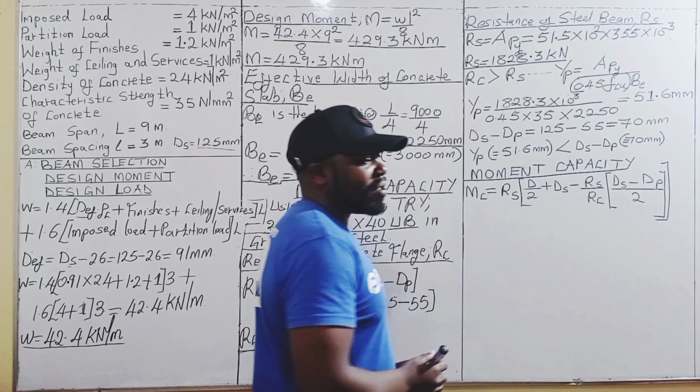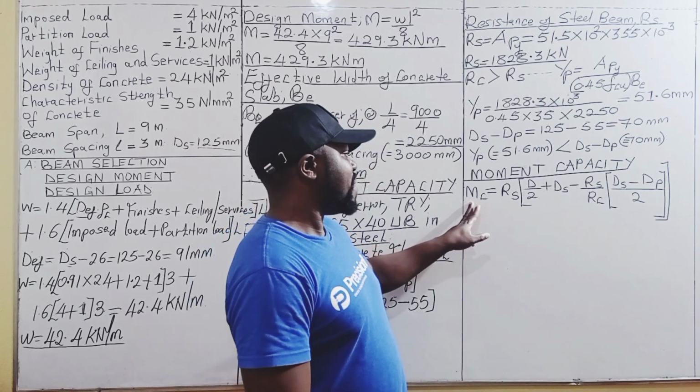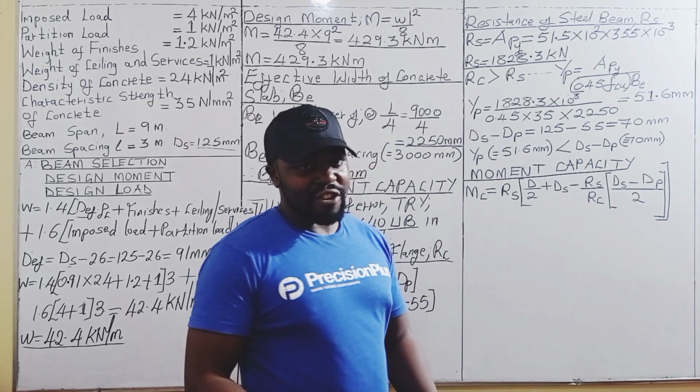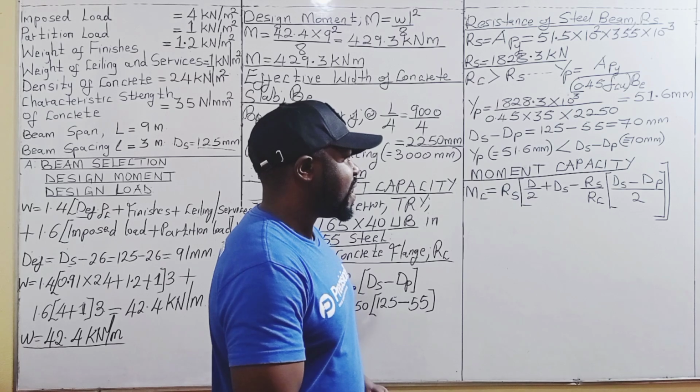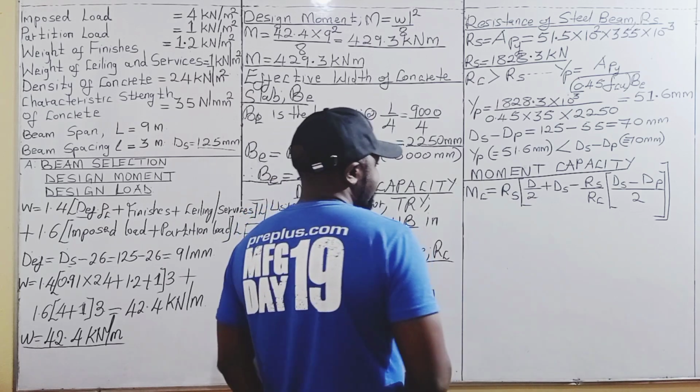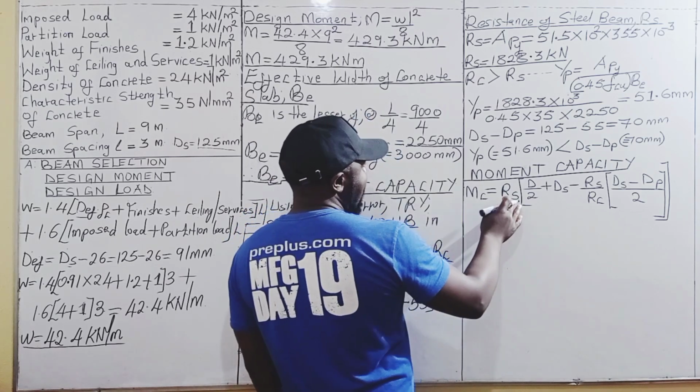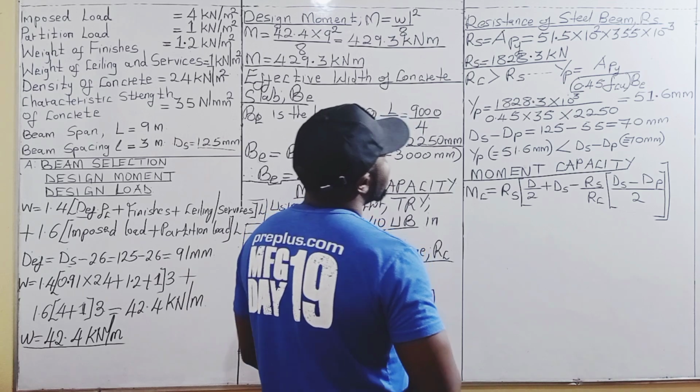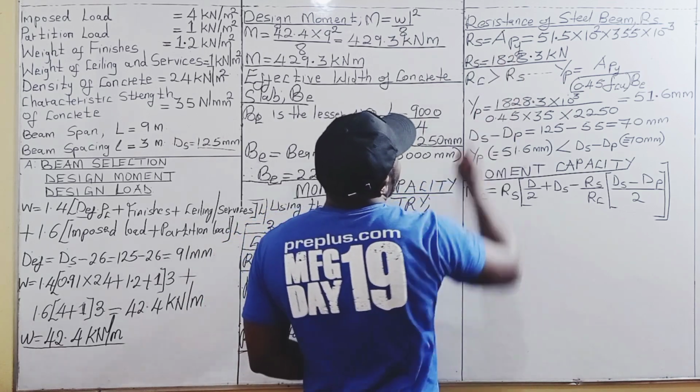Therefore, that is the formula we are going to apply to determine the value of the moment capacity of the composite section. Therefore, MC will be RS, which in this case is APY, that is